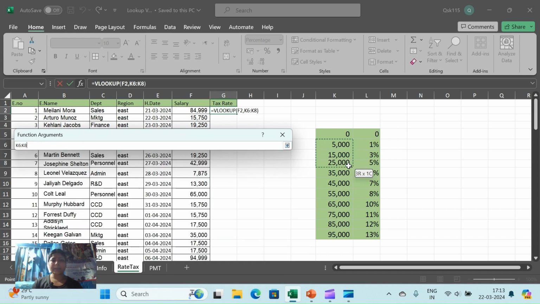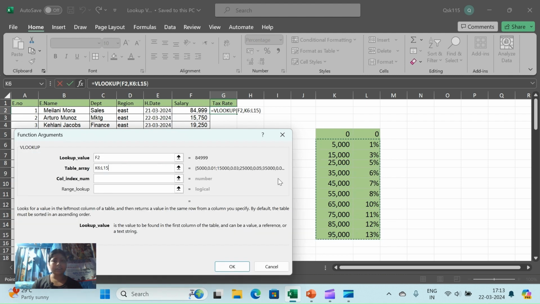Table array would be where our information is given, that if someone has this much salary, then how much the rate of tax will be. Okay, now column index number would be this. What we are finding is the tax rate here, so our column index number will be 1 and 2. And range lookup. Do you remember, guys? Yesterday we learned that if we want an exact value, then we need to put 0